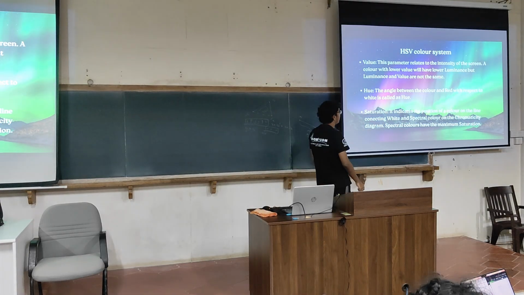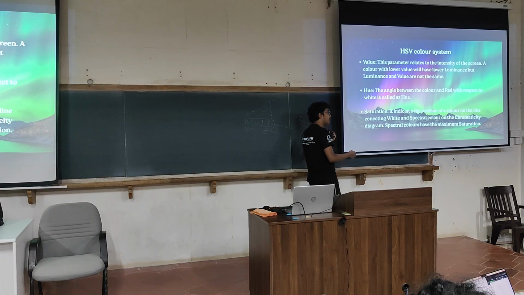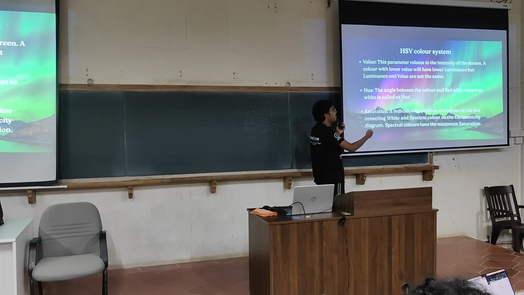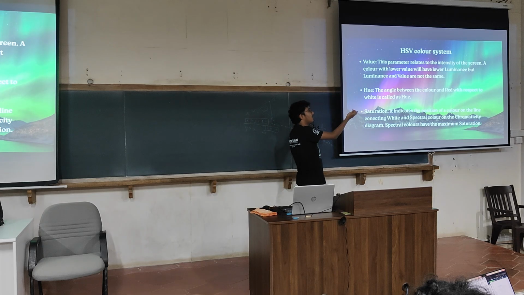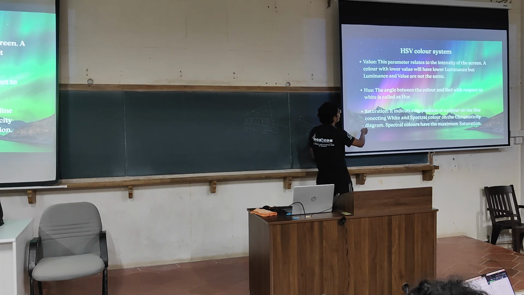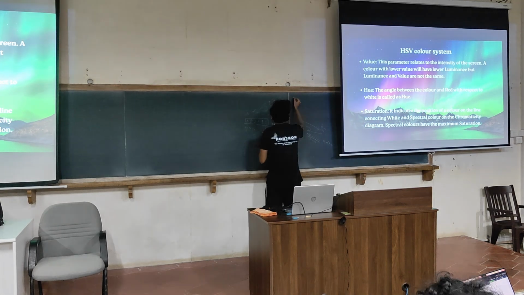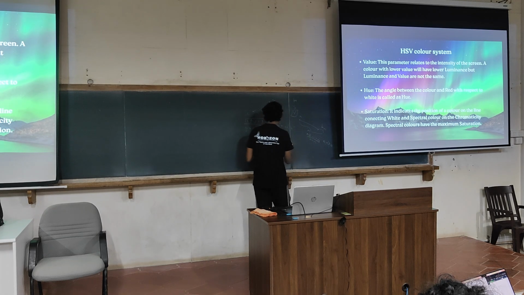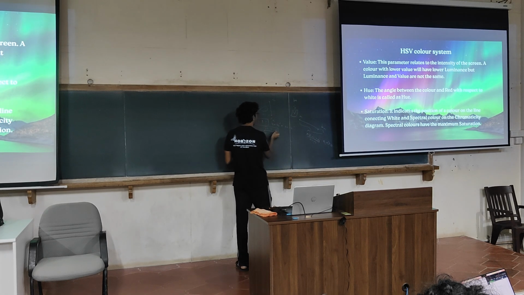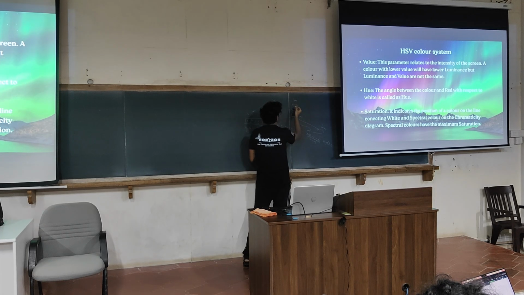Now apart from the RGB system, we have the HSV system. It is actually easier to produce colors with the HSV system than the RGB system. This is what you use in whatever software you use, Paint, Canva and all, to select colors. In the HSV system, H is hue, S is saturation, V is value. Value is nothing but the maximum intensity of one of the three light sources. It corresponds to intensity.